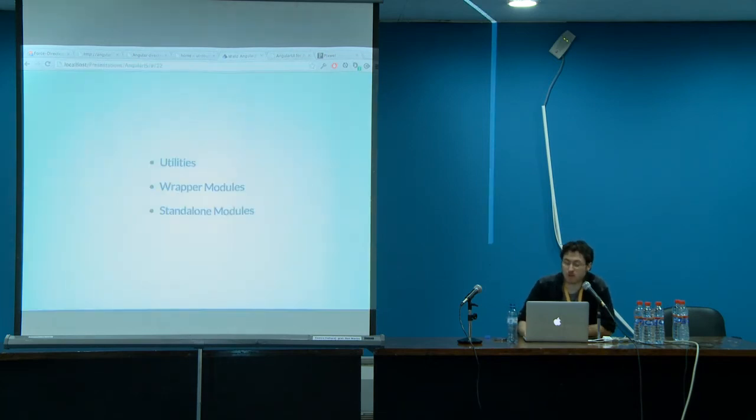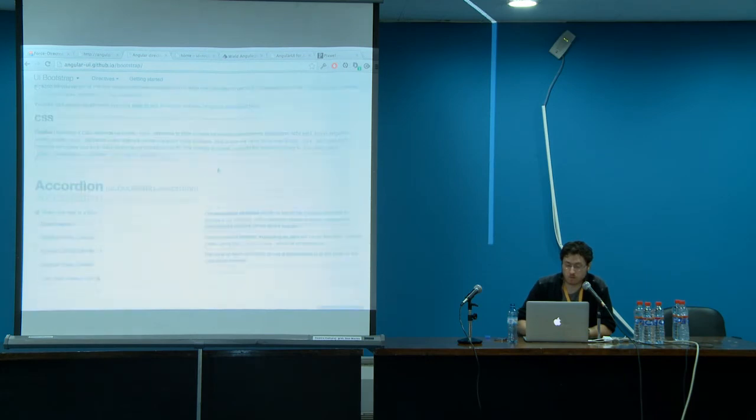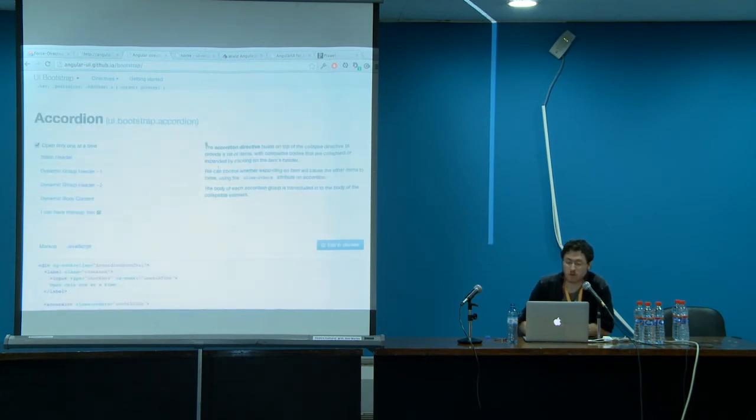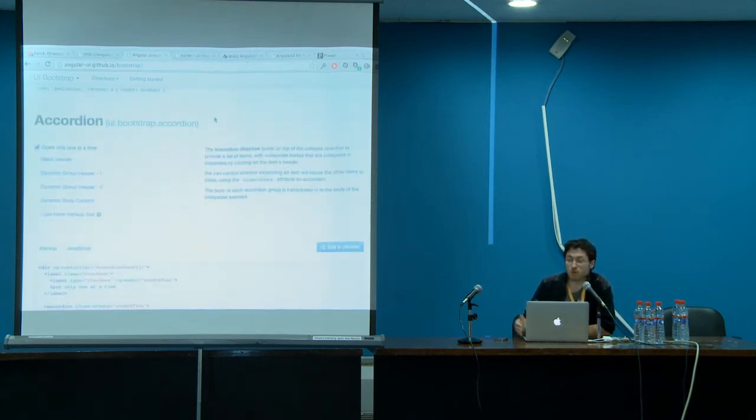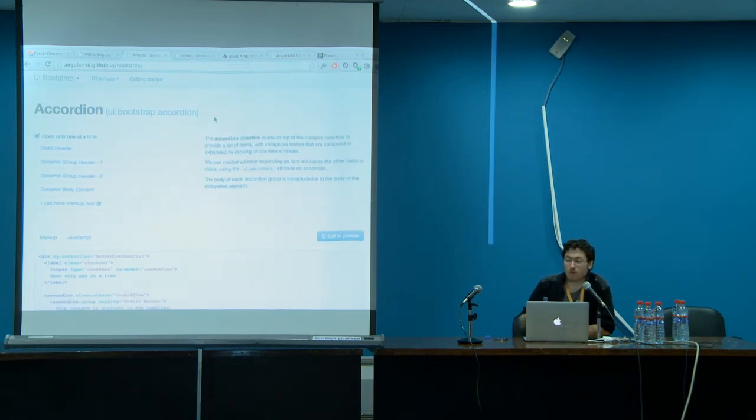Because you get a lot of performance benefits and the files are way smaller, particularly with UI Bootstrap. So UI Bootstrap is a module for AngularUI that completely replaces all of Twitter Bootstrap's JavaScript. It completely re-implements all of Twitter Bootstrap's JavaScript components. So you only need UI Bootstrap and Twitter Bootstrap CSS, and you have all of their components that perform better, work better with AngularJS, and your file sizes are much smaller.